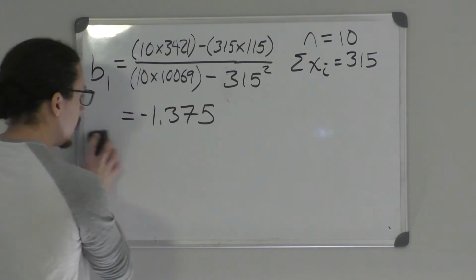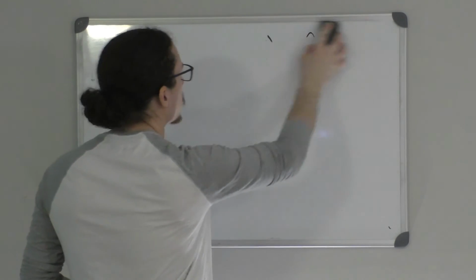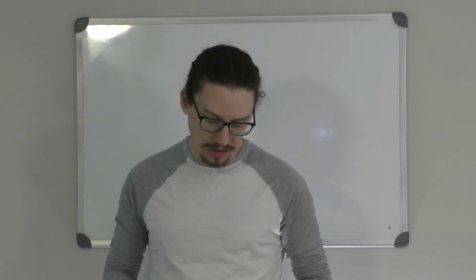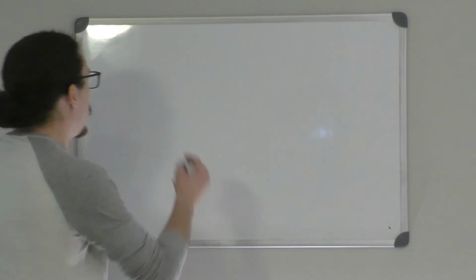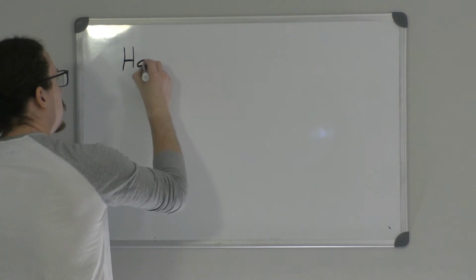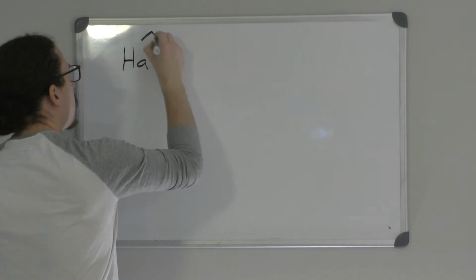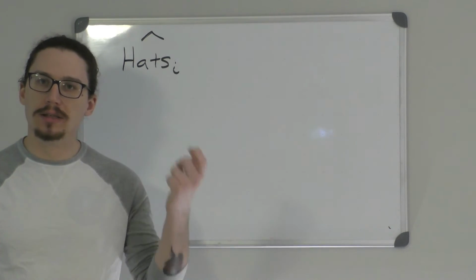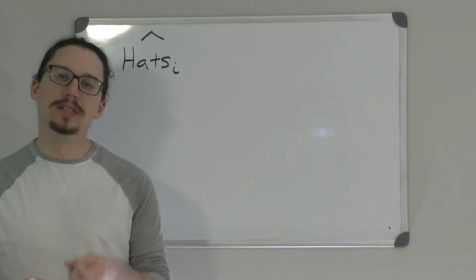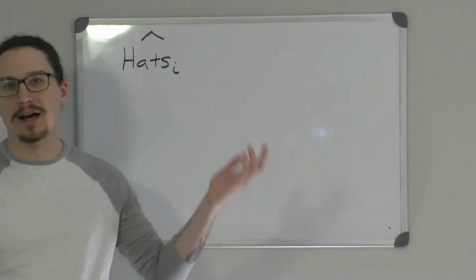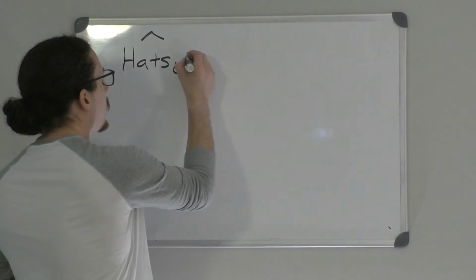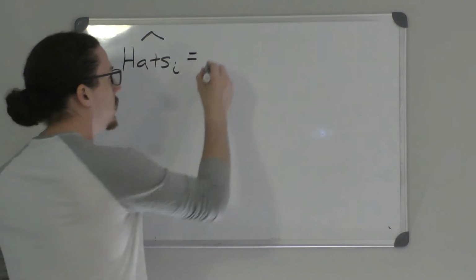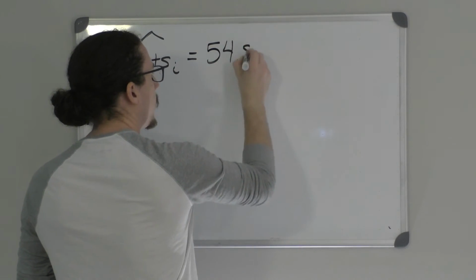All right, so now that we've got B1 and B naught, we can actually write out our estimated regression equation. So starting off, we're going to put in our dependent variable. All right, so hats I, and we want to make sure that we put a hat over it. That hat symbolizes that it's the predicted value, but this is the estimated equation. So hats I hat equals B naught, which is 54.812,